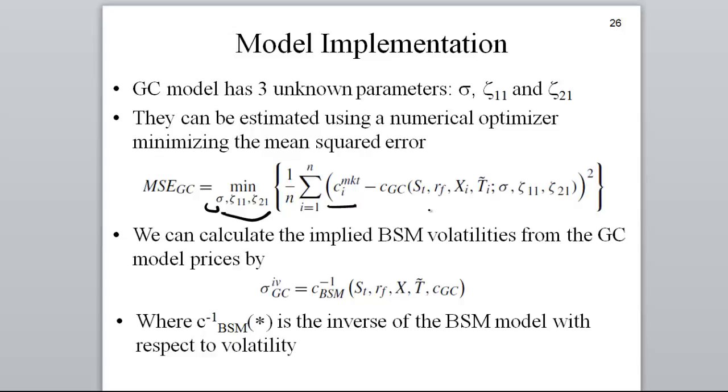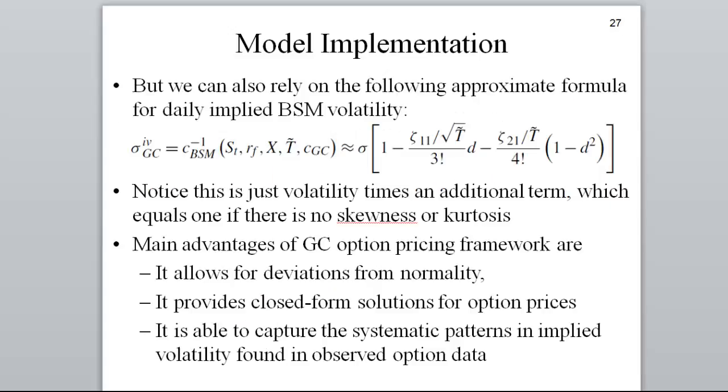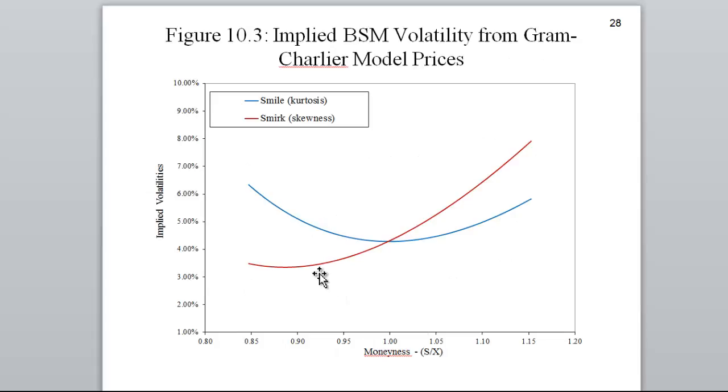We're going to also put the market prices, the Graham-Chalier, and we're going to minimize the difference between the two prices, the square differences, to find the volatility, the skewness, and the kurtosis of the model. If we compute the implied volatilities of this model, so we take the prices from the Graham-Chalier, and then we compute the implied volatilities under the Black-Scholes-Merton model, then what we're going to realize is that the kurtosis is basically